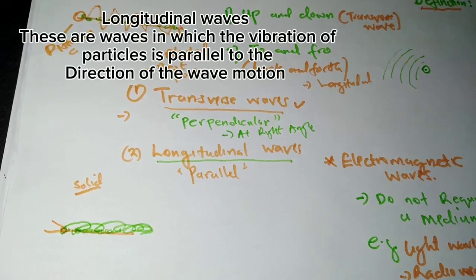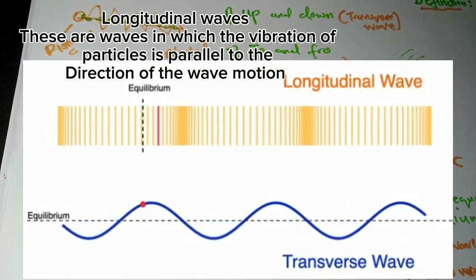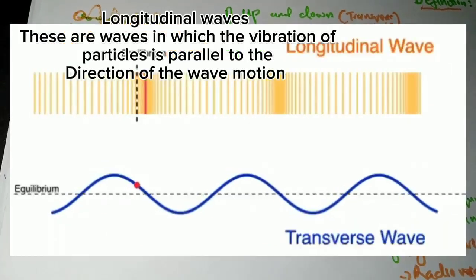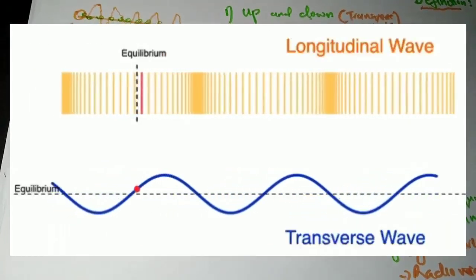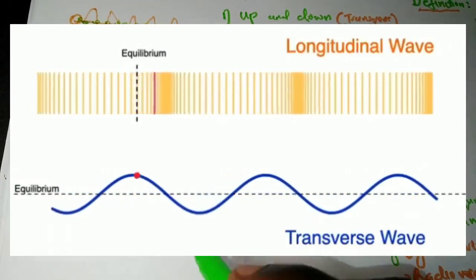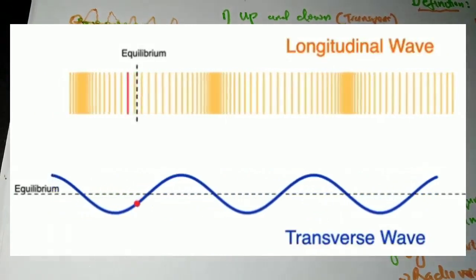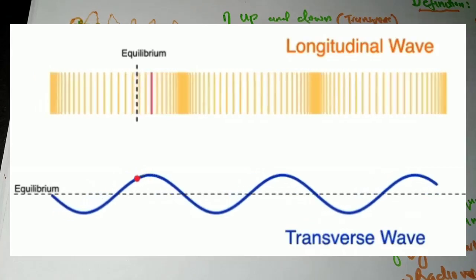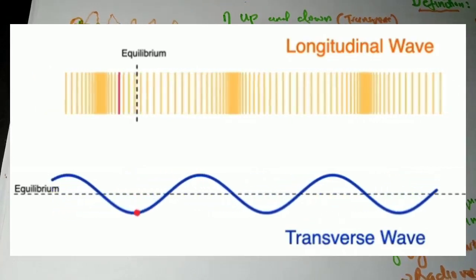Now that we know that according to vibration we have two types of waves, the longitudinal and the transverse, let's look at what's going on. Let's look at this simple animation, illustrating how these particles begin to vibrate. The first diagram on top illustrates how longitudinal waves are formed. You have those particles at equilibrium, resting like that. You can see the dotted line there, equilibrium. Then the particles begin to move back and forth, making longitudinal waves.